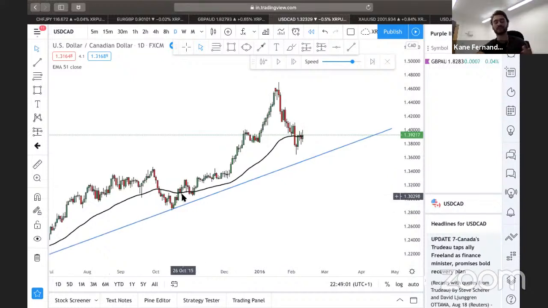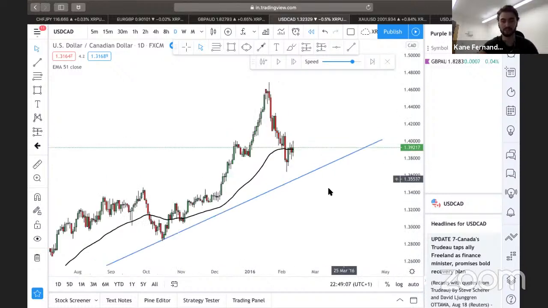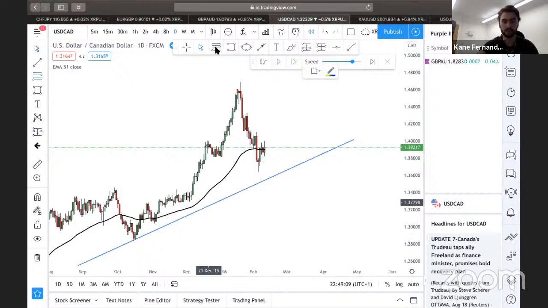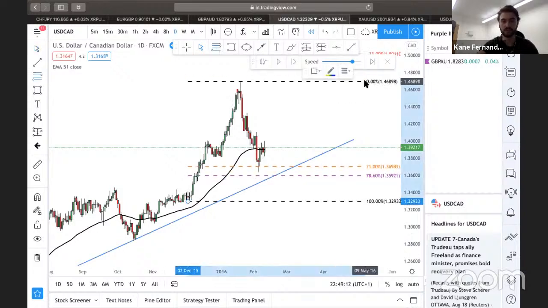How you can see if the EMA is being respected is, you look, it just broke there and it's gone up and then broken again. That's nothing to me. Okay, so that's not really telling me anything. So I get Fibonacci, last significant high to last significant low to last significant high.